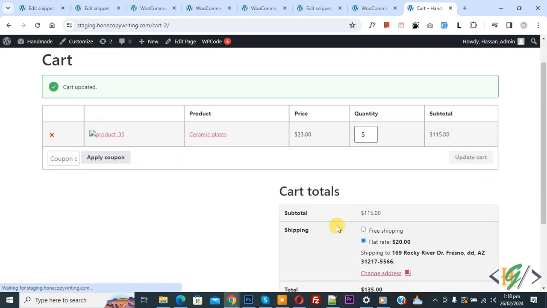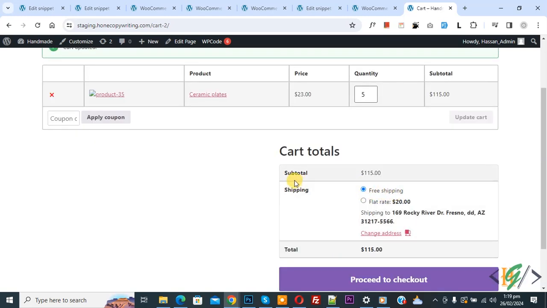Now you see two shipping methods. So our order is 115. Now you see flat rate and free shipping. Now select free shipping. So we are not using any plugin. We are using WooCommerce settings to apply free shipping above a specific order amount. Now you see free shipping, subtotal 115,